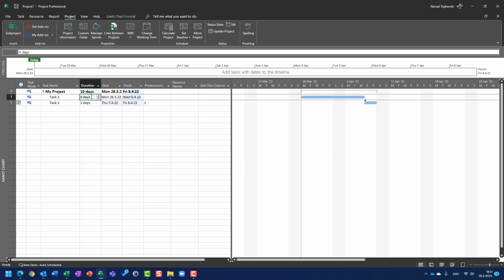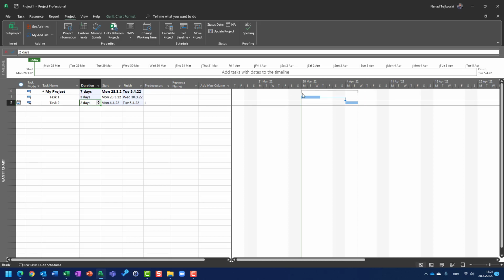So once again, if I have here 3 days, the task will be started at 4th of April. But if I have 8 days, so naturally this task will be finished next Wednesday, which is 6th of April, and the task will start immediately after that, even after that task 1, even when the start not earlier constraint is set to 4th of April, because it says task 2 cannot be started before,